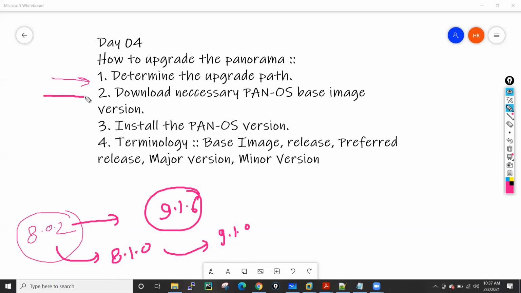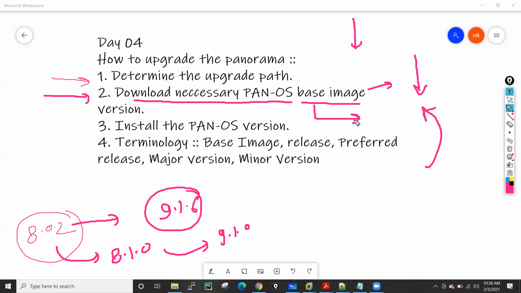After that we have to download all the necessary PanOS base images. For that download, we can either go to the support portal and download these images into our system, and from our system upload them into the Panorama, or we can just click on the check now option in the Panorama, and you will see the images there and you can just hit download.